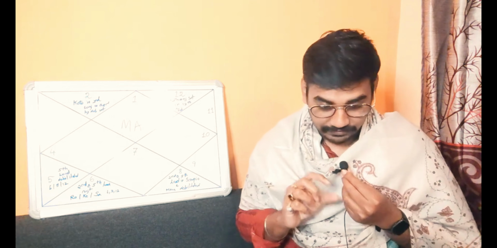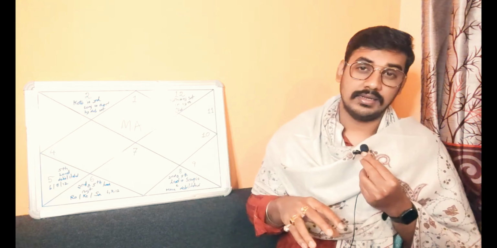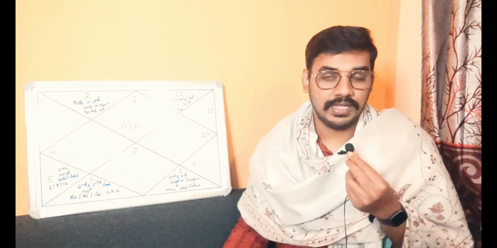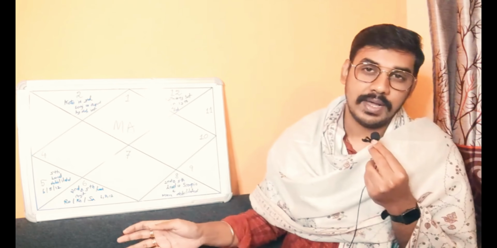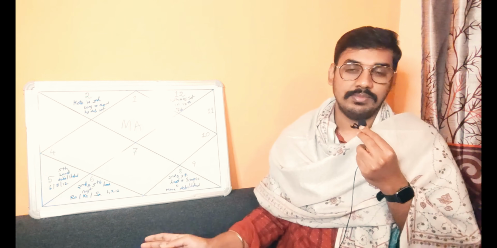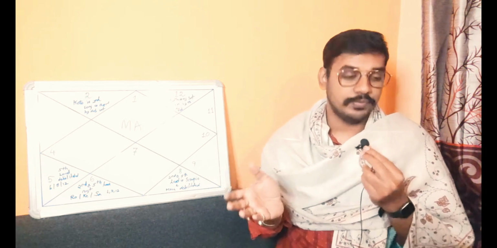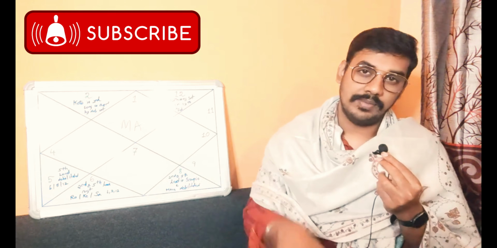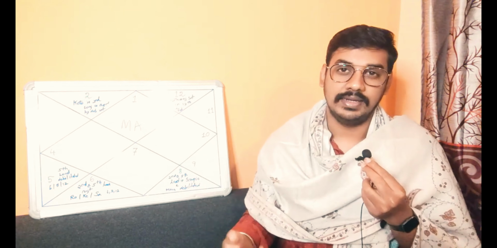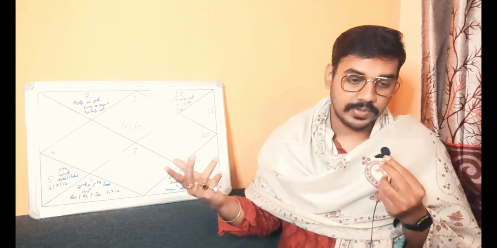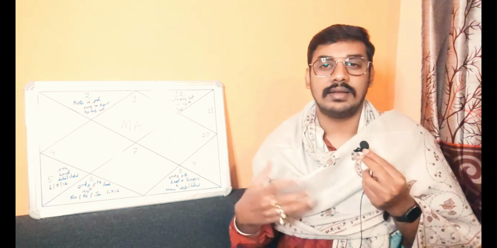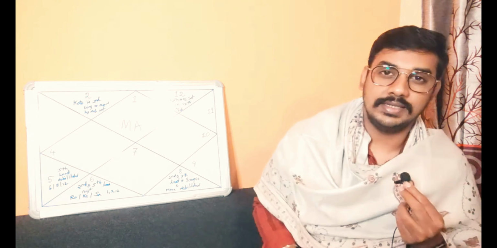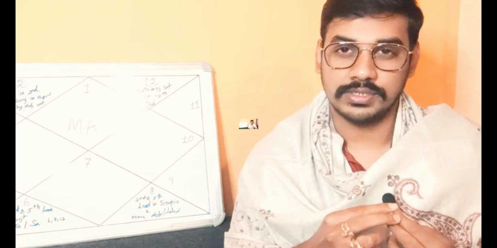So the divisional charts are nothing but a journey which shows the different transformations, ups and downs of the planet in various areas of life. If this same Mars is placed in the 8th house of the Navamsha, you will see accidents and misfortunes. If the same Mars is placed in the 8th house, debilitated or in an inimical sign in the Trimshamsha, the D30, that is when you will see Mars-related problems, especially in the 8th house: bleeding, piles, hurt in the rectum area or the lower portion of your body.